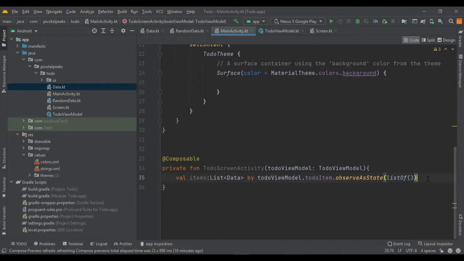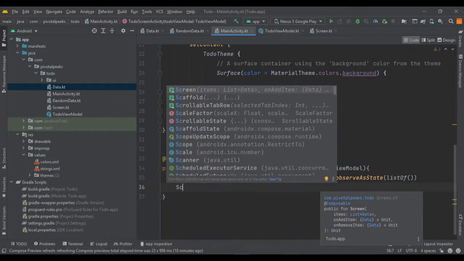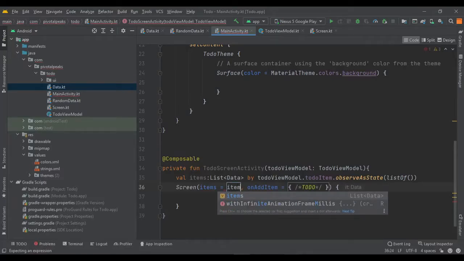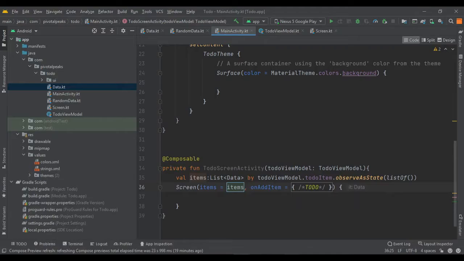So let's do the next thing. After this we need to call our screen function which we created in the last video. So let's call it, and it has automatically provided our parameters. The first item is items, so we simply need to cast it to items, and then on add item we need to call the method of adding.